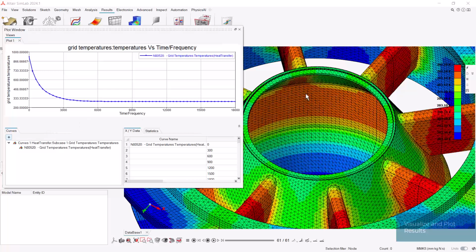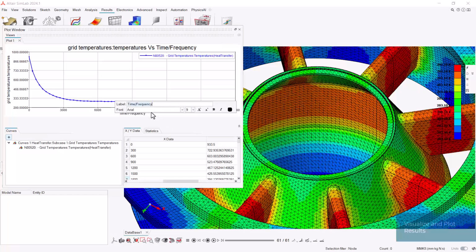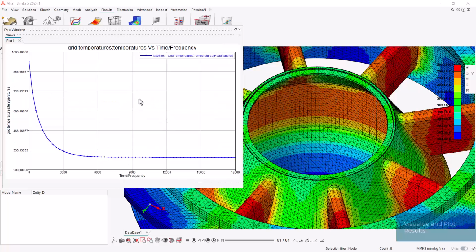You can visualize the XY data on the bottom part. You can also isolate the curve by right-clicking on the plot and select Hide Table. The same way you can export it